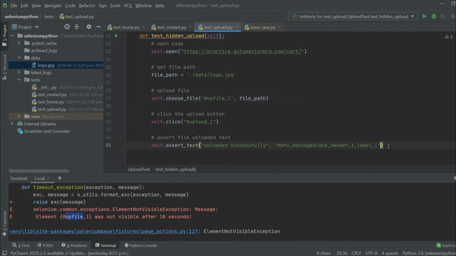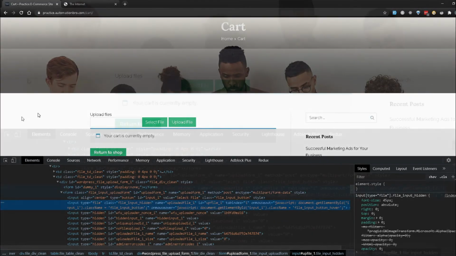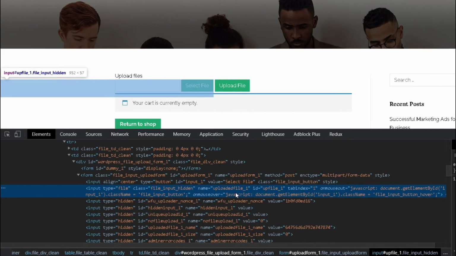So this time it's not throwing us an error over here, it's throwing us an error right over here, because it's saying, hey, the element that you're targeting is not even visible on the page. So let's take a look at that. I'm going to head back to Chrome. What it's saying is this element right here is not visible. And yes, it's obvious, right? Because we don't see it on the screen. Instead, what we see is the select file. So that time when we targeted select file, it was able to find it, except it could not really upload on that. Because to upload on something, it needs to find the input type file.